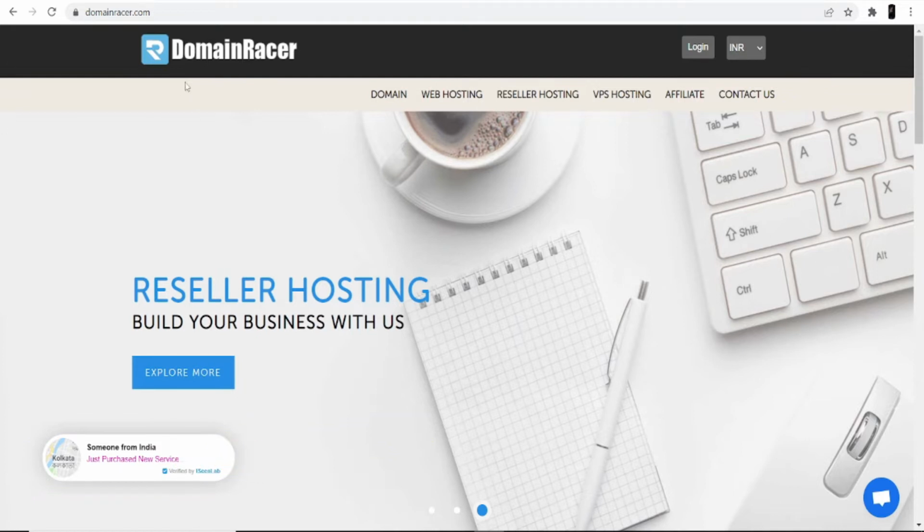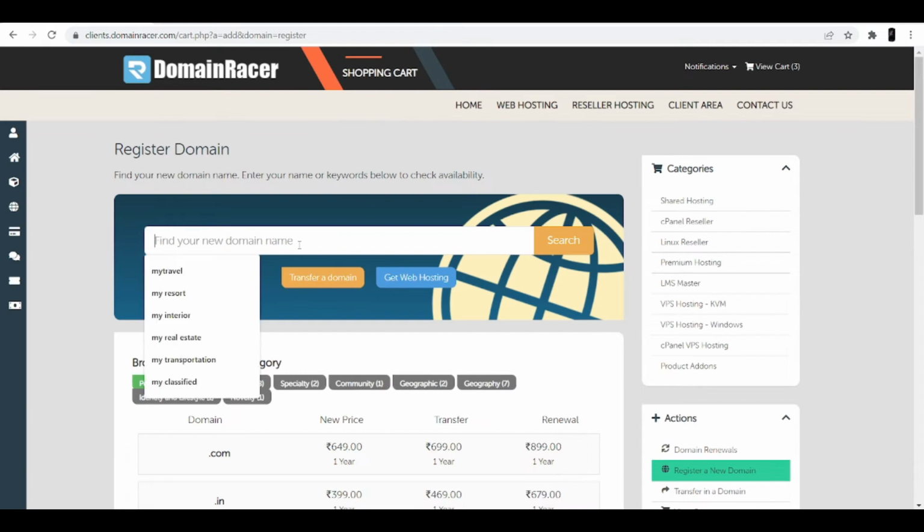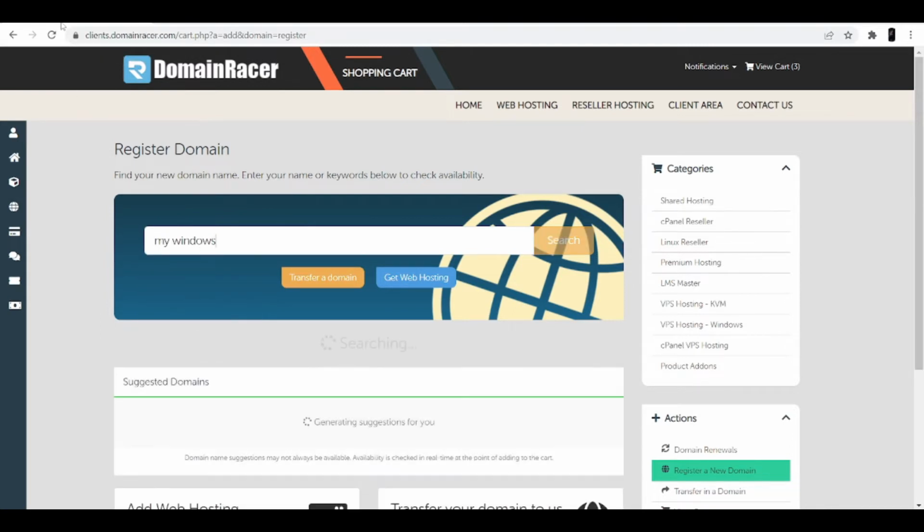When you open the Domain Racer website, you can see the domain option. So click into this domain and then search for the domain. Also make sure while searching for the domain, try to search for a name which is relevant to your website. It means the keyword of your website should be in the domain. So talking about a Windows and doors services website, I'll search for my Windows